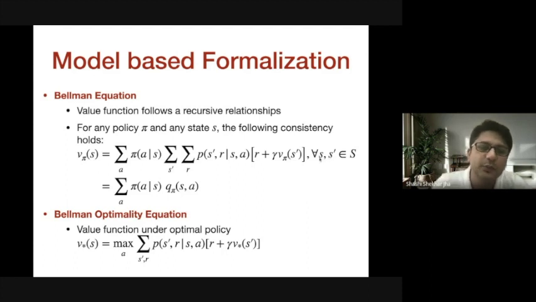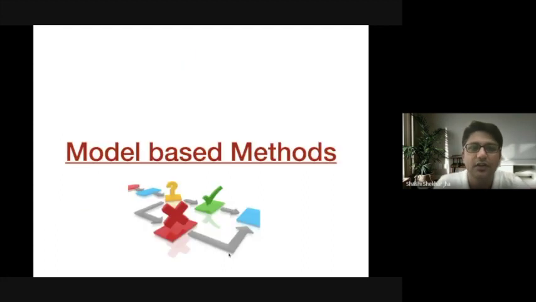If this policy is an optimal policy, then there is another equation called the Bellman optimality equation that is applicable, and that is only applicable for optimal policies, where you don't have to take the summation over all possible probability values of actions. You can just choose the max over A of this summation, the internal summation, which remains the same. Okay. Now using these functions, we actually come to the methods to solve the RL problem.